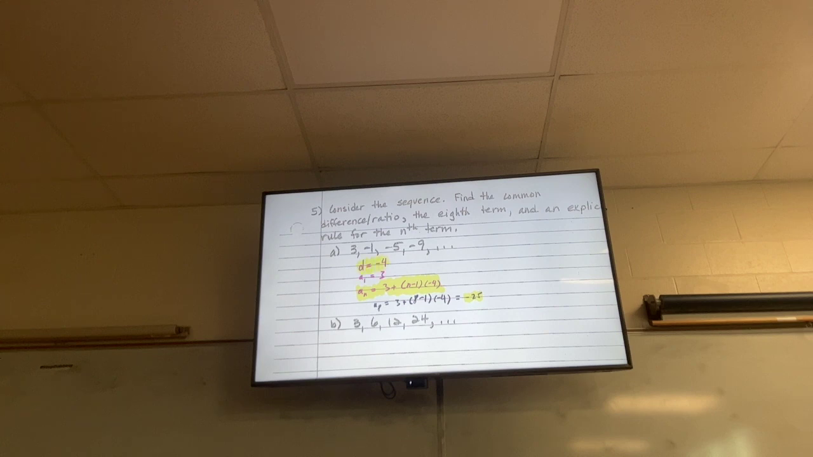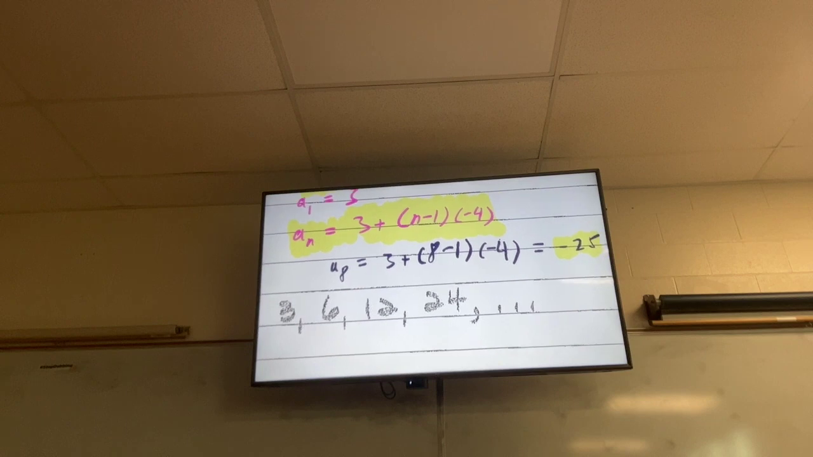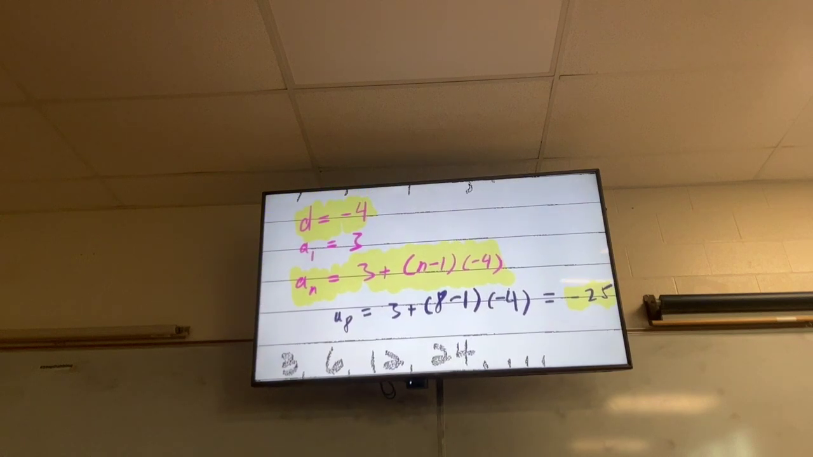Common difference is -4. An explicit rule for the nth term is this. And then plug in 8 to get the 8th term. Questions on how I did that? So I feel like I didn't explain this that well. In general, for